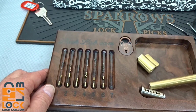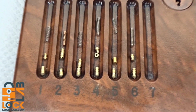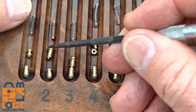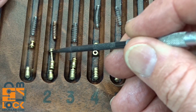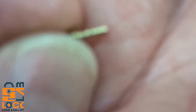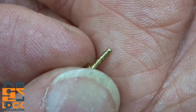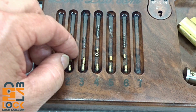All right, let's take a little bit closer look at these. I'm going to zoom in so I can use both hands to kind of keep the stuff under control. Just a little bit. We have a 2-part pin here. And at first I thought this was a T-pin. And that's what we're looking at. If you look very closely at this guy, with my bare eyes, it looks like, come on, focus. Even the inside one looks like it's almost serrated. I don't know if that's just a defect of manufacture or if it was intended to give you that extra